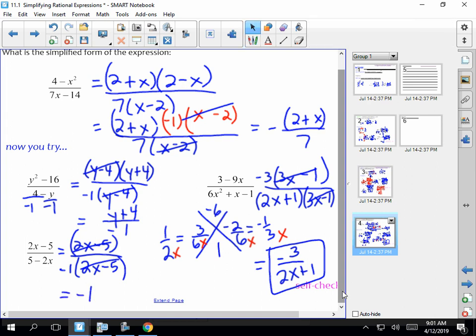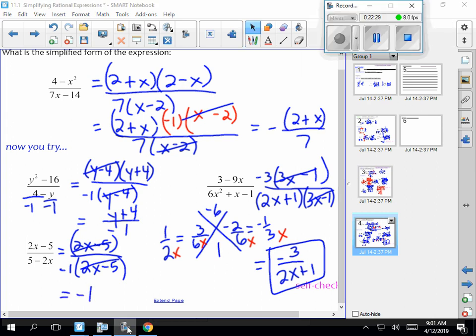All right. So you could just write your summary. It's something along the lines of factor first, and then cancel. But simplifying rational expressions,